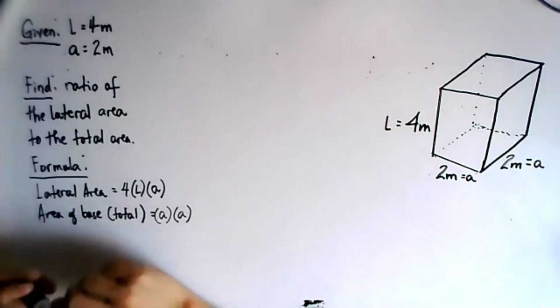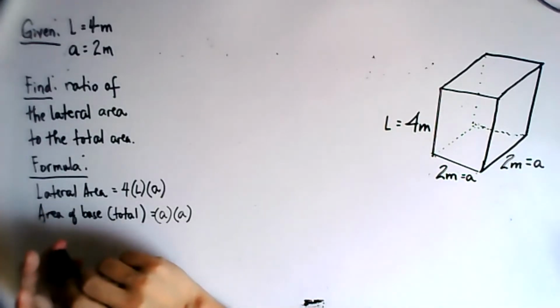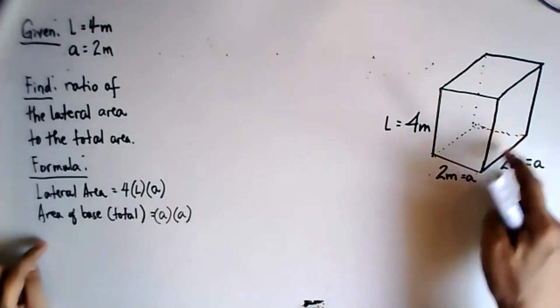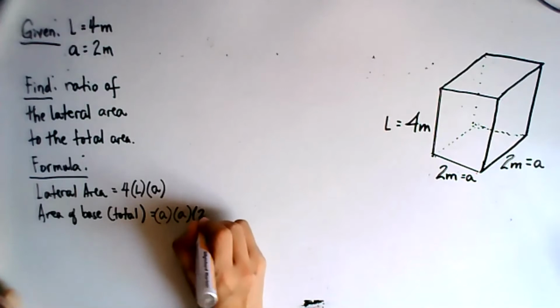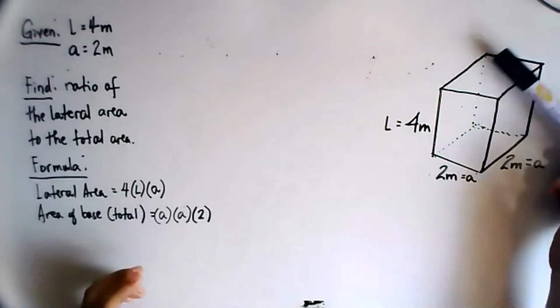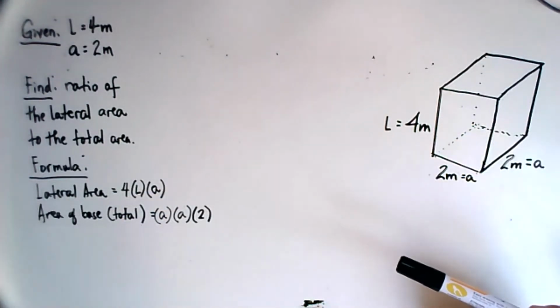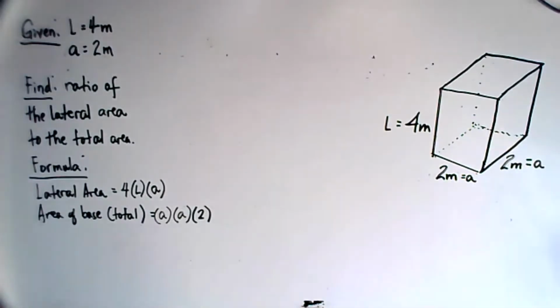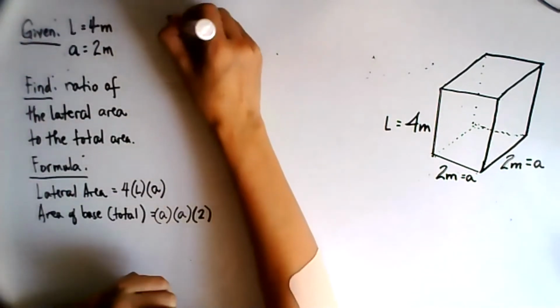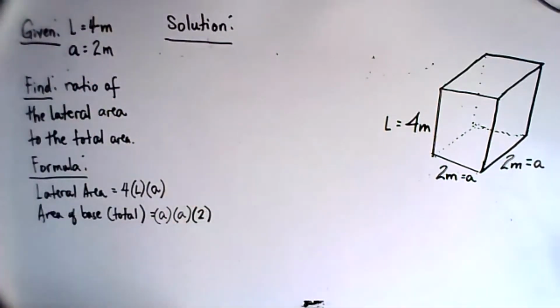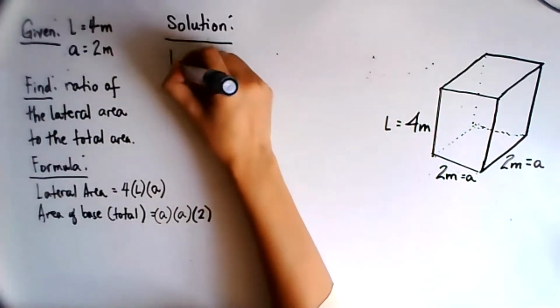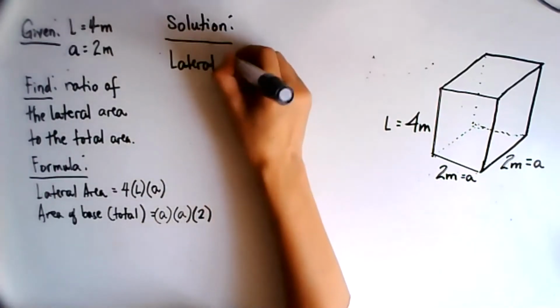Okay? So what we are going to determine is the area of the base. So the area of the base will be area A times A, and the total area will be multiplied by 2 because you have 1 and 2 bases. Okay? So that would be fine. So let us go to solution. Let us determine the lateral area. So the lateral area,